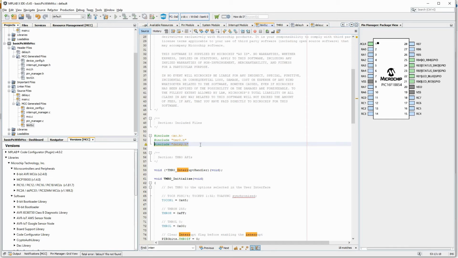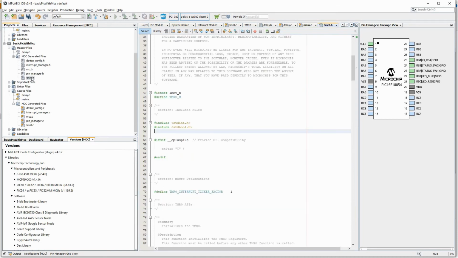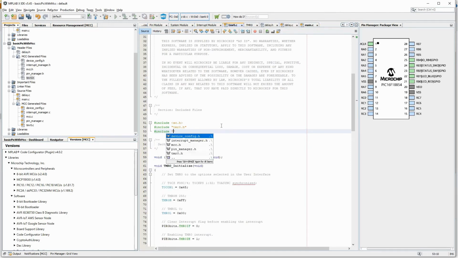Not sure why it is not able to find this one. I think it is because this timer is inside this. I have to go a step back. #include delay.h. What's happening here is this timer.c is inside this MCC